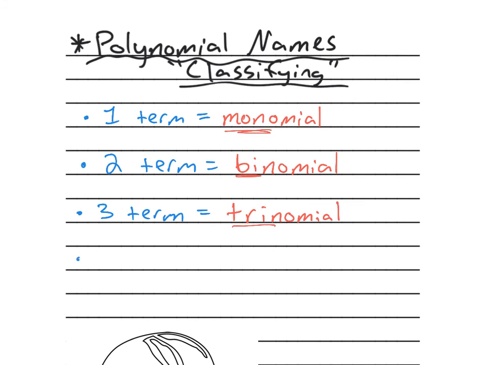All right, let's keep going then. What about a 4-term polynomial? Is it a quadrilateral nomial? Is it a quadratic? Is it a four-nomial? Yes. No. In actuality, there's no more names left. 4 or more are known as polynomials. What? That's right. 4 or more terms. They don't get special names. They're just known as